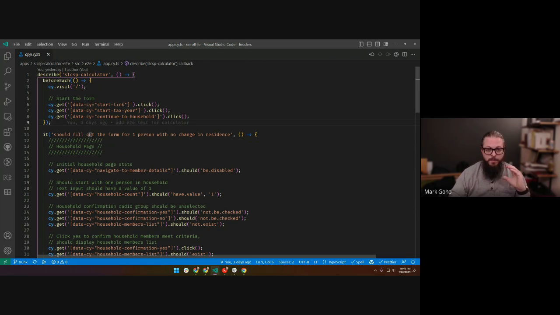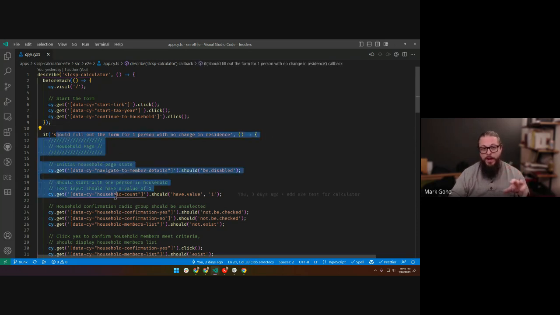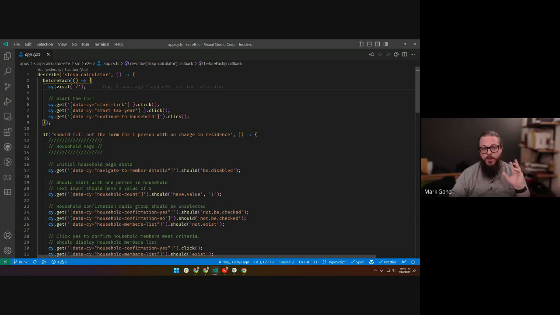Before we actually run any of the tests, we want to visit the root path, to have that initial navigation to the root of the Angular application. Then there are a few default things that every single scenario, regardless of household composition or residence, is going to do. You're going to click on this start link, click start the tax year,